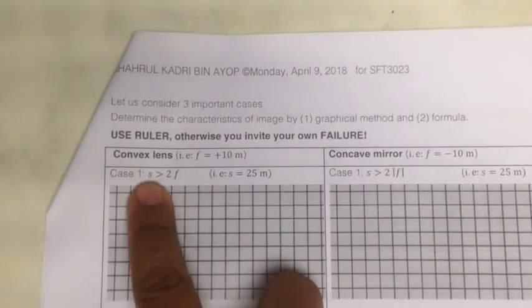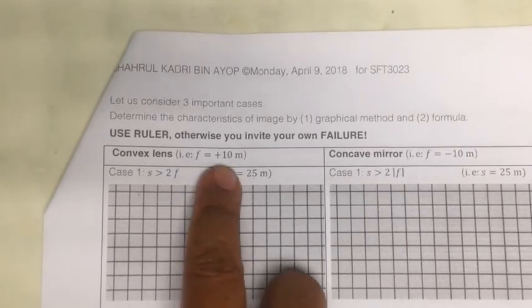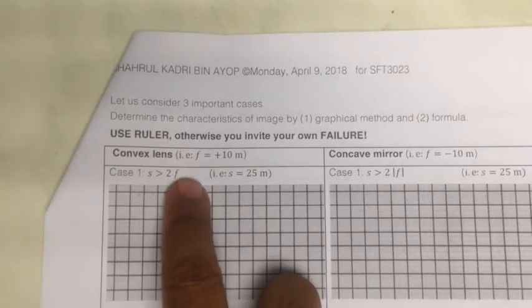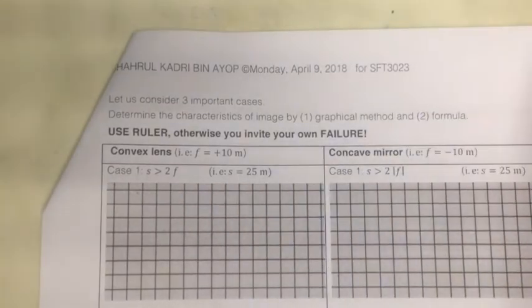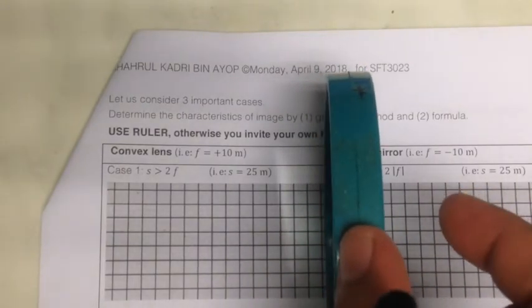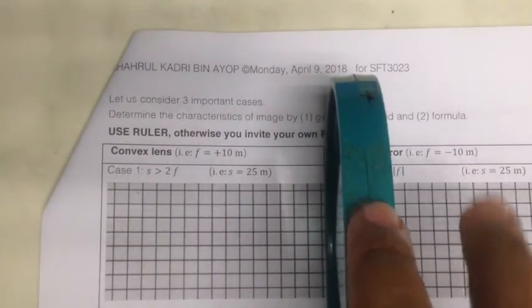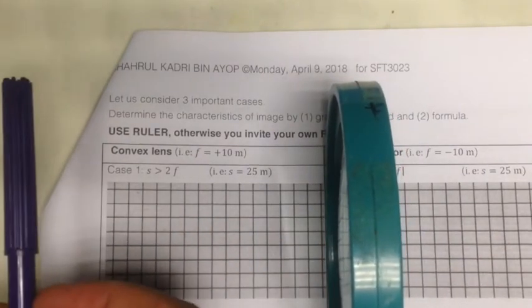So let us consider the first case where the location of the object is more than twice of the focal length. So the focal length is 10, so 2 times 10 is 20. So that object is far away from the lens, for example this lens, suppose that it has 10 meter, so the object is very far, more than twice the focal length of the lens. So